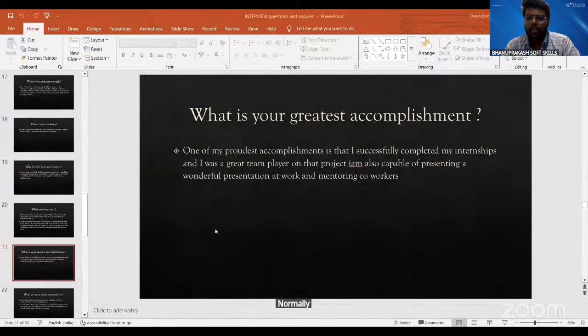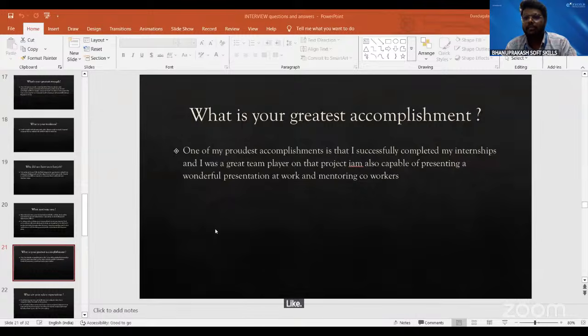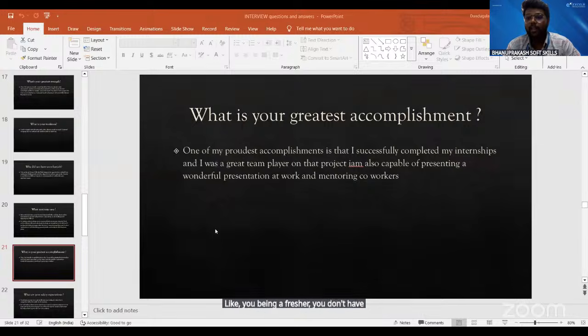Normally, you being a fresher, do you have any right to ask for a particular figure here in the company? Means no, not at all. Getting the opportunity is the biggest thing for us. Why? Because nowadays, how tough the competition is. Getting settled in a company is the biggest opportunity for us. You being a fresher, you don't have any right to ask for a particular figure here because they are